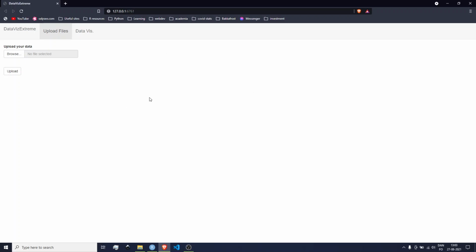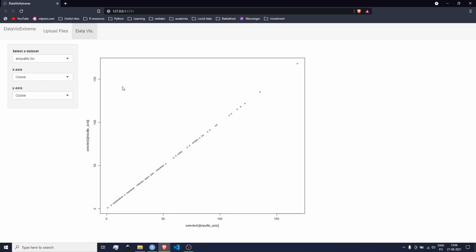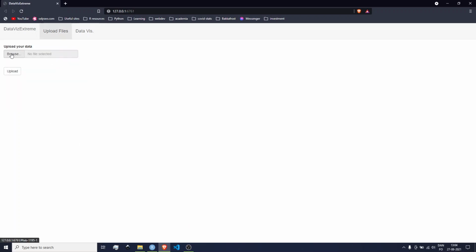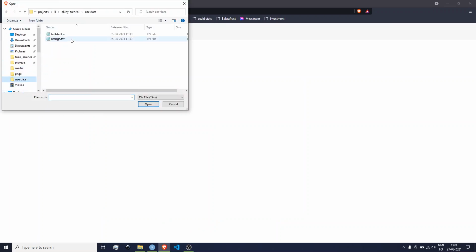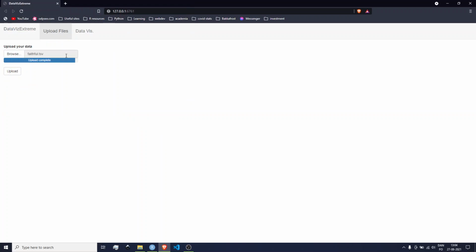All right, so the next part, we wanted to make some user feedback. So we've got our upload functionality and our data visualization functionality, but now we want the user to be prompted when we do some changes. So that's like when we uploaded this, maybe we want the user to know, all right, the data has been uploaded,